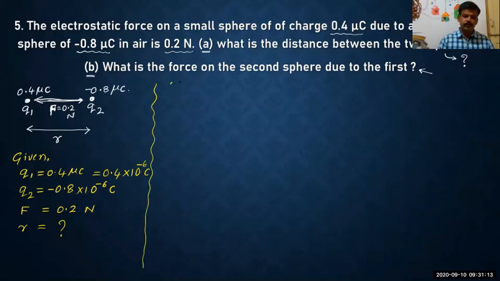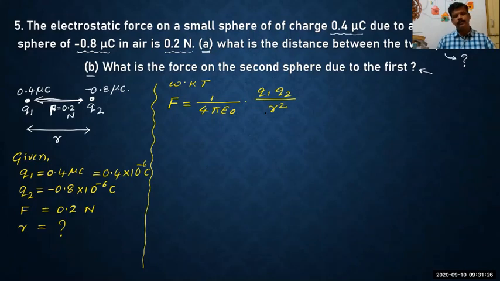Yes. So let us consider the same formula, one and only one formula: 1 by 4 pi epsilon naught into Q1 Q2 divided by R square. All the problems are based upon the force acting between the two charges, okay? What is the force given here? It is 0.2 Newton. See, 1 divided by 4 pi epsilon naught. Don't substitute the pi value and epsilon naught value. Don't substitute and simplify. You will commit the mistake.